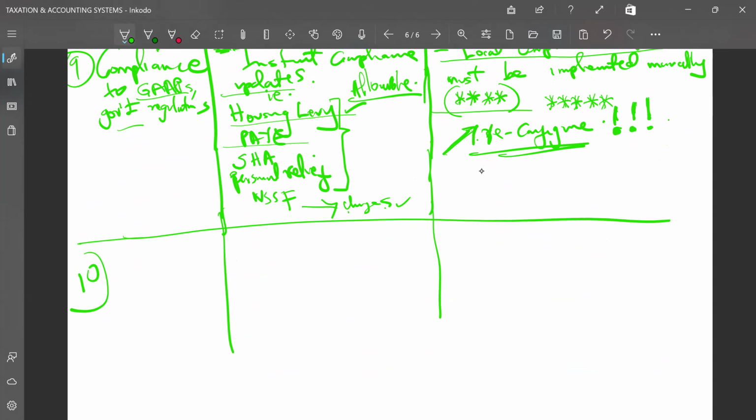Not currency, but multi-entity. Or let me talk about integration. Integration and multi-currency and multi-entity. I want to combine the two together. Then when I talk about integration, you will agree with me, guys, that